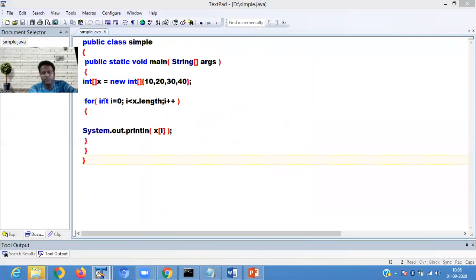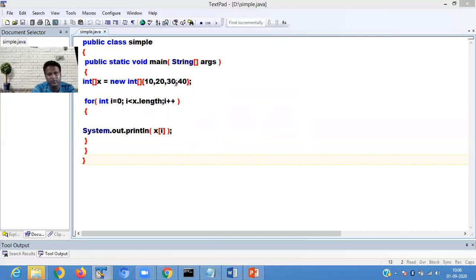Then we're using a for loop. As the array index number starts from 0, in the for loop we are initializing the value i equals 0; 0 less than x dot length. Length is an attribute which retrieves the size of the array.